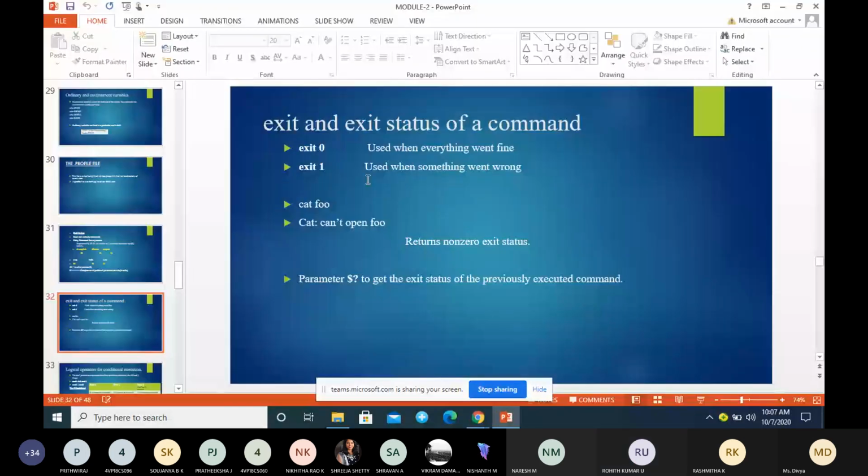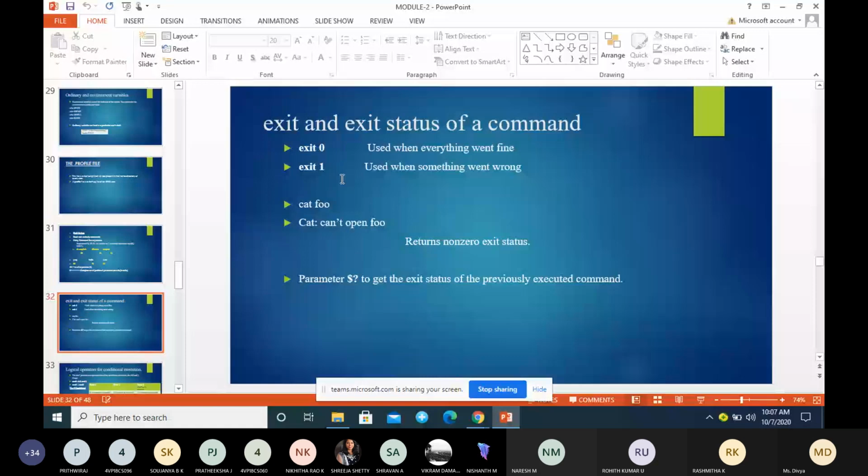Correct. So here we have exit in shell, similar to the exit function in C. In the exit command, the command is generally run with a numeric argument.